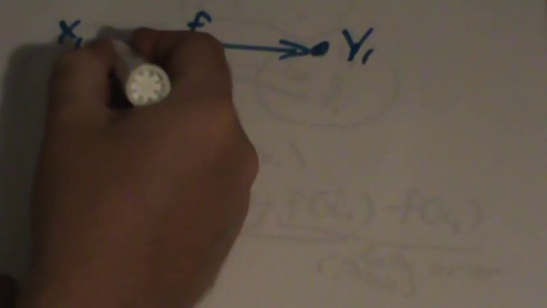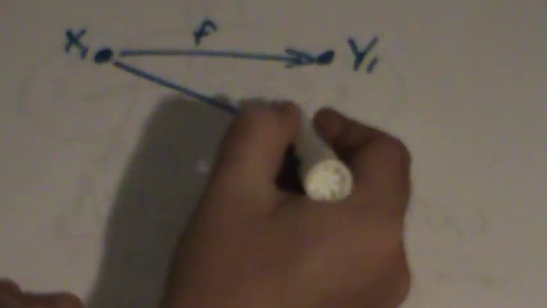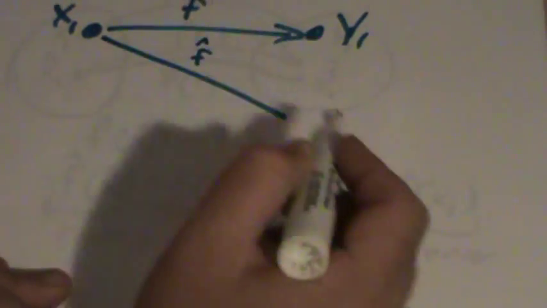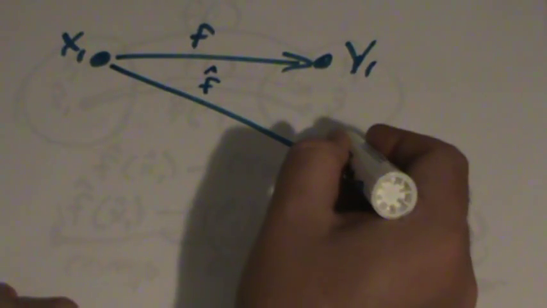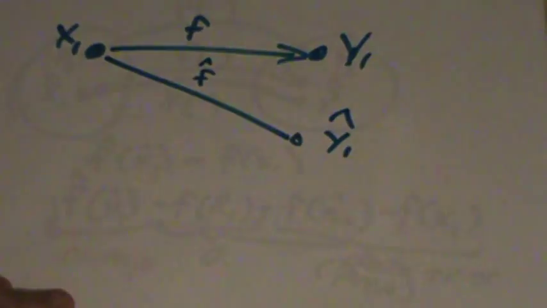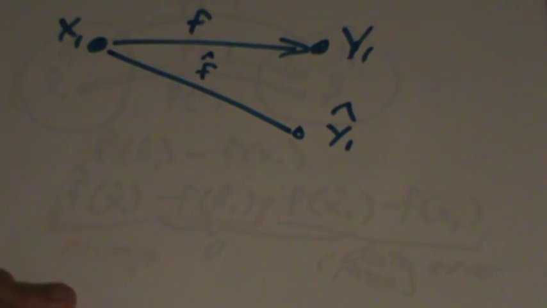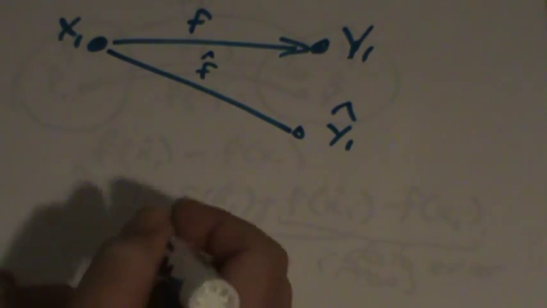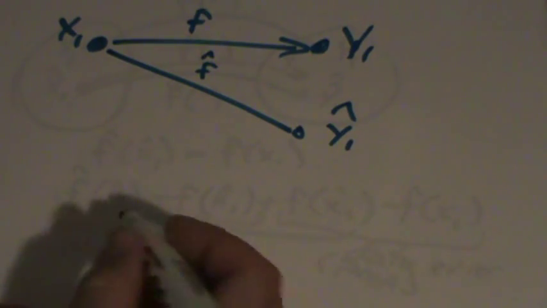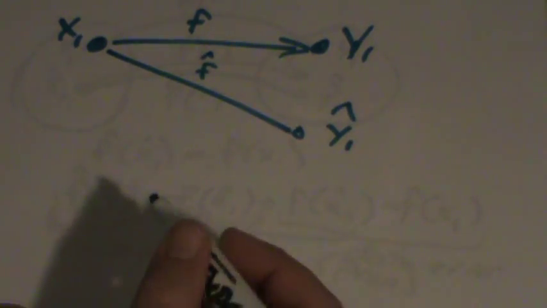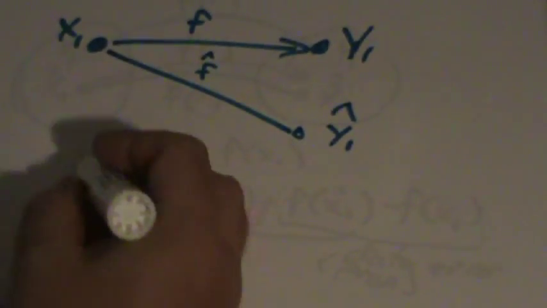Now, under this, I could consider, what if I took the true data and mapped it through an approximate function? And I would get a single, right, one of our single y hat things. Now there's a second way of looking at this, which is, what if I had the problem of x1 and